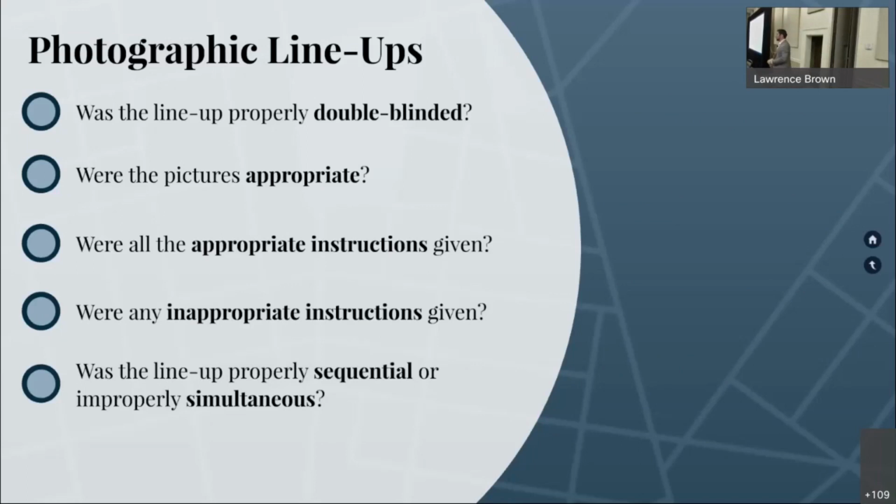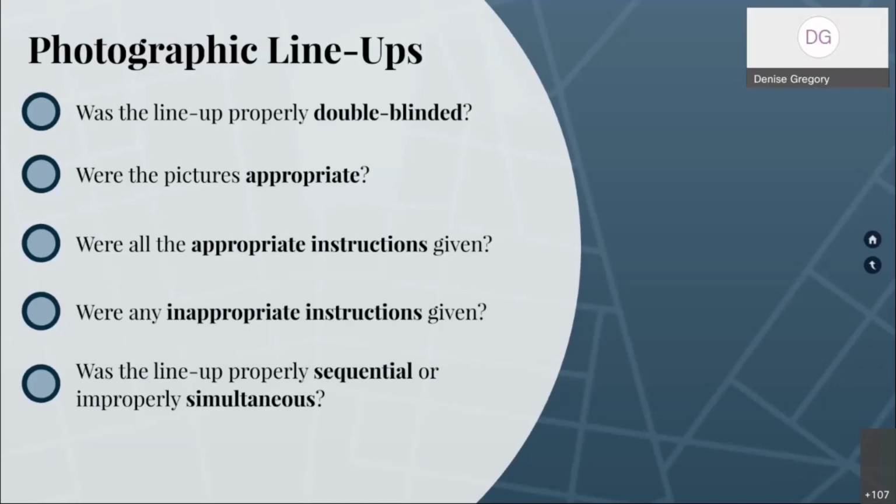Simultaneous lineup is the photo array. Here are 6 or 8 photos all on a single page. The problem with the 6 or 8 photo array, or however many, is the tendency to pick distinguishing features that look most like the individual rather than compare each picture against the witness's mental image of the individual.